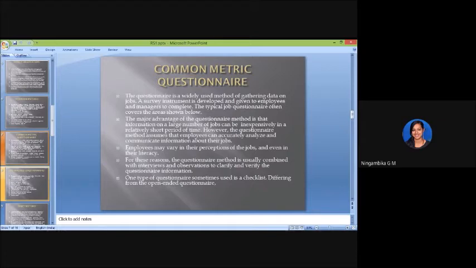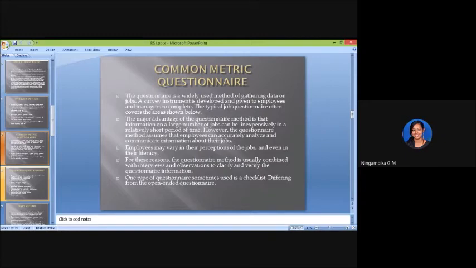The typical questions will cover areas like what profile he is in, what his responsibilities are, what the roles are, and what perception is required for this particular job profile. All this data can be gathered from an employee or from the supervisor. They'll analyze it and come up with a job description and specification.